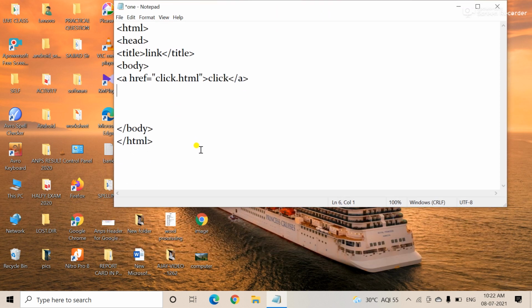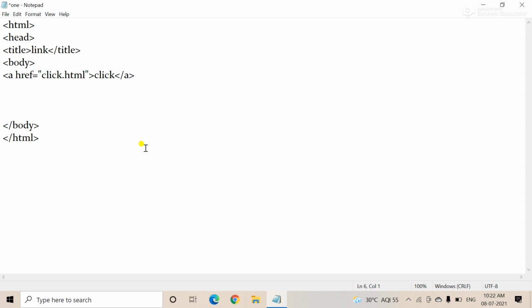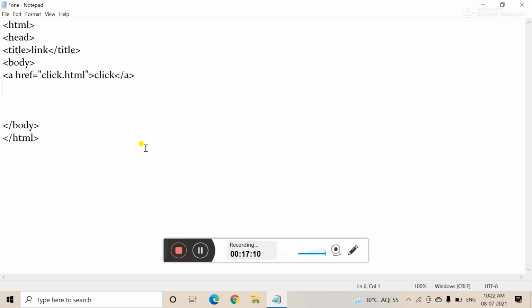And in the next class I will explain briefly how to link one page to any other pages using the a tag, the anchor tag. Okay, and there are two types of links: external link and internal link. So in the next class I am going to explain briefly. This is only the first introduction class on how to link from one page to any other pages. So all of you students go through it and practice. Okay, and I hope all of you understood and practice it.